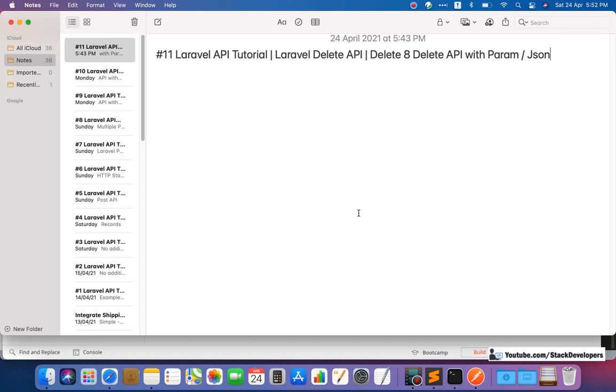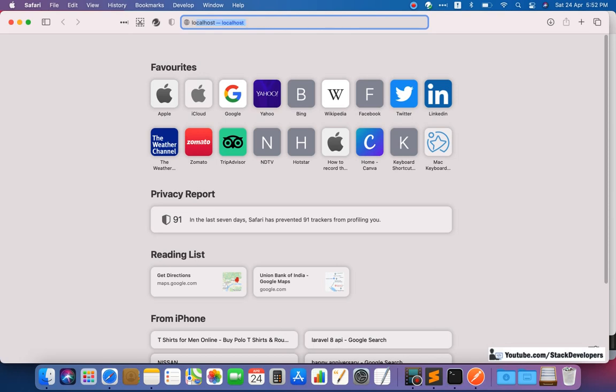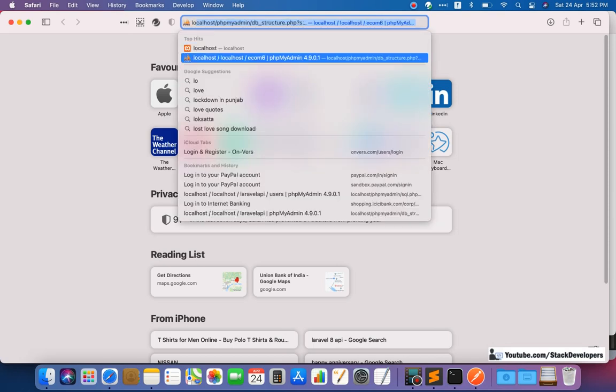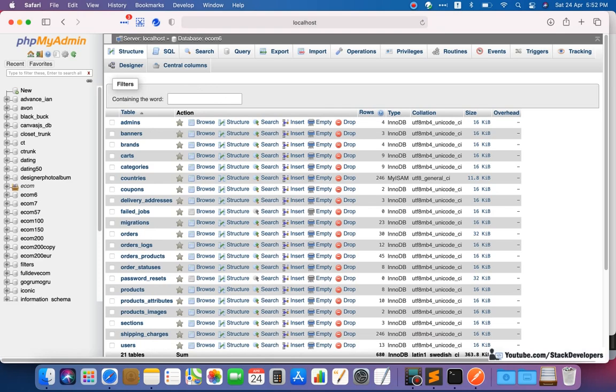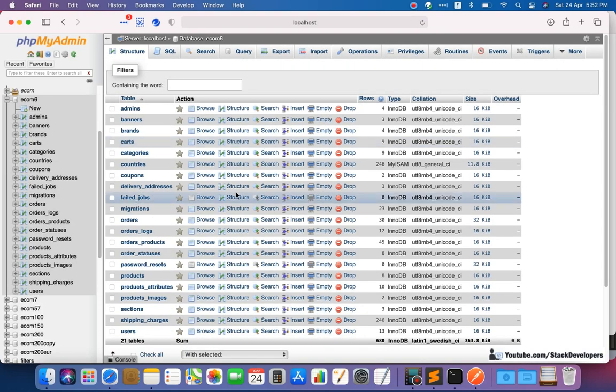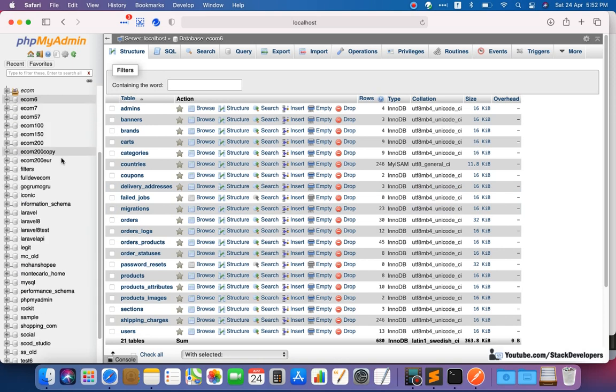So what exactly is delete API? Whenever we want to delete one or more records, we have the records in our users table as well. So every time if we want to delete one or more specific records, then we are going to use the delete API.